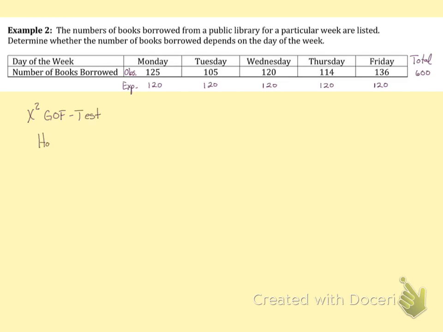Our null hypothesis is going to be that what we've observed, our observed distribution, is consistent with this model of perfect 120s across the board. So we would say the observed distribution